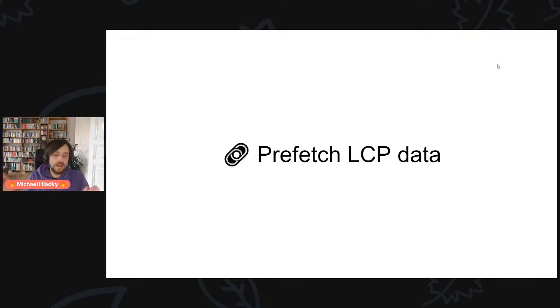I can basically eager load the hero image. I now have the trick with a list that I can eagerly load the first row of all those images and all the other images lazily. But most of